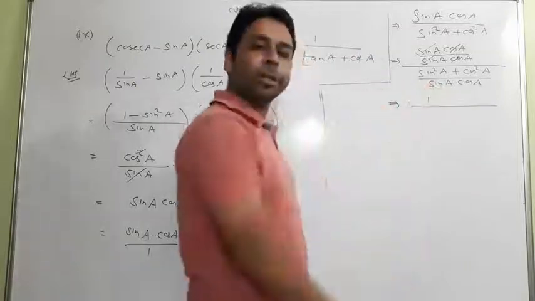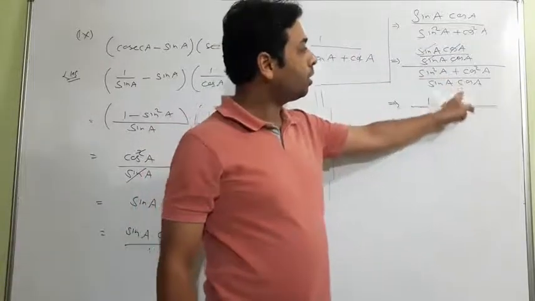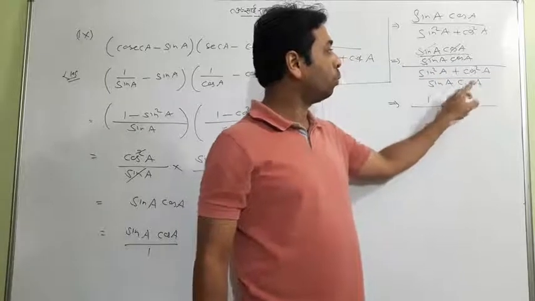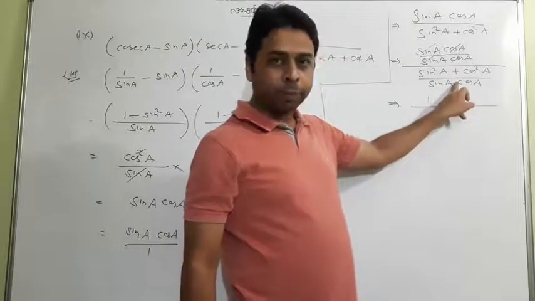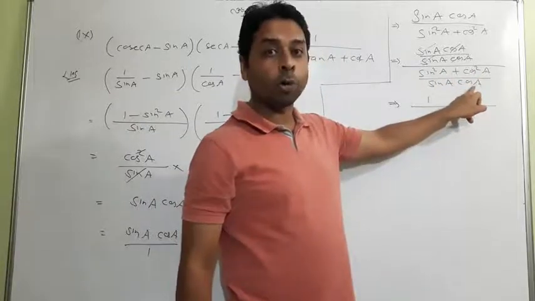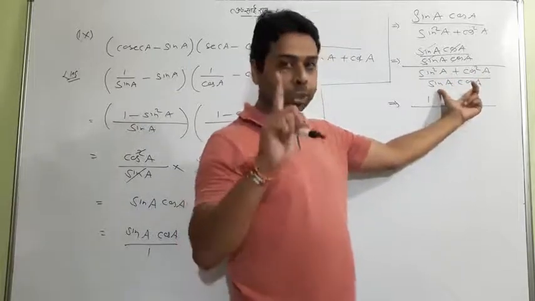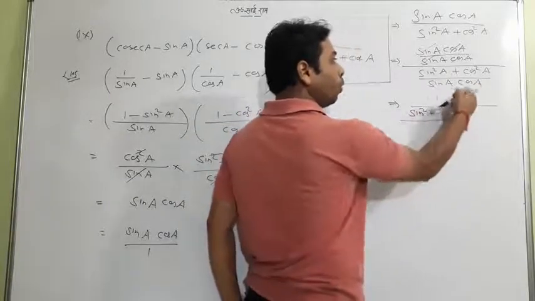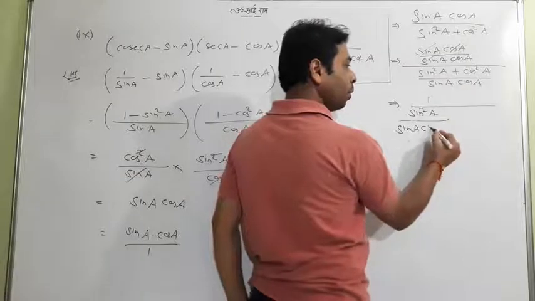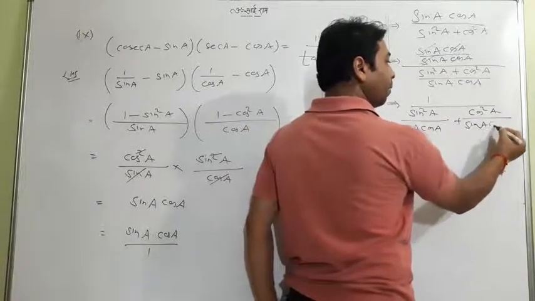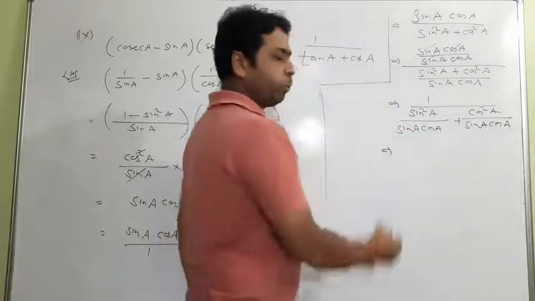And what about the denominator side? You separate the terms as sin square upon both and cos square upon both, because it is in multiplication. So you don't do it like sin square upon sin and cos square upon cos. It will be wrong, because this is not two terms, it is one term. So you separate it as sin square upon both and cos square upon both. That's simple. Hope students got it.